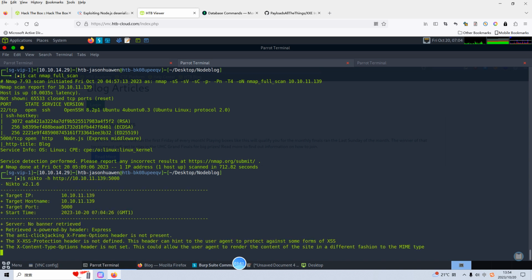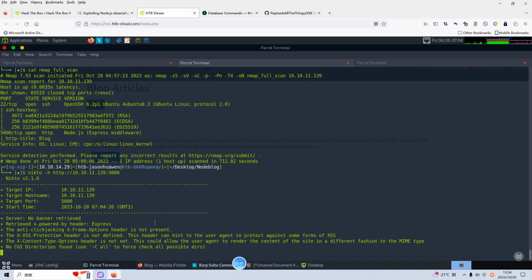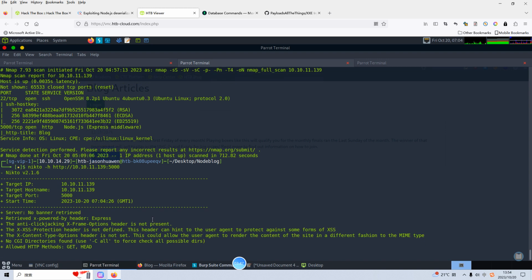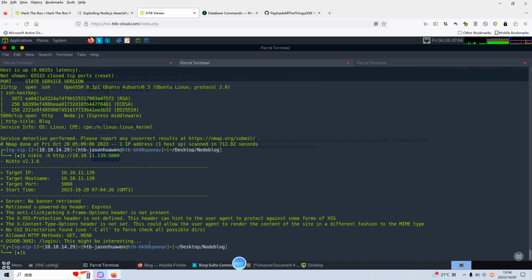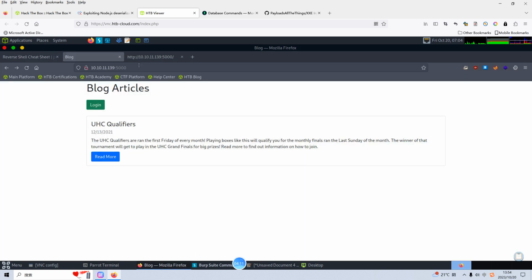To do some enumeration. Nikto is so great because it will go through all possible misconfigurations, all possible vulnerabilities, and also common files or directories. But of course, the word list inside this Nikto is a bit small. Anyway, we have already got one directory, which is login, and then we can go back to our browser